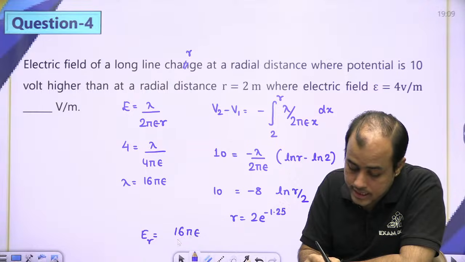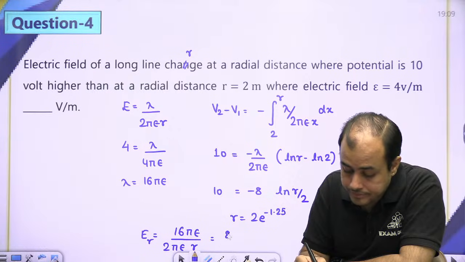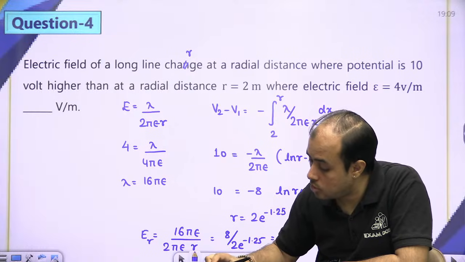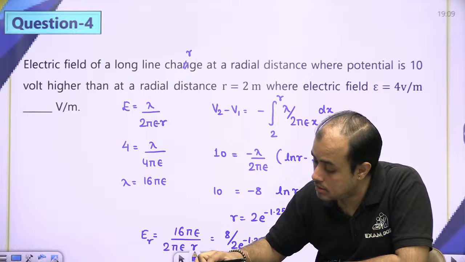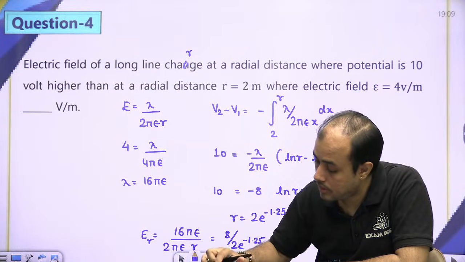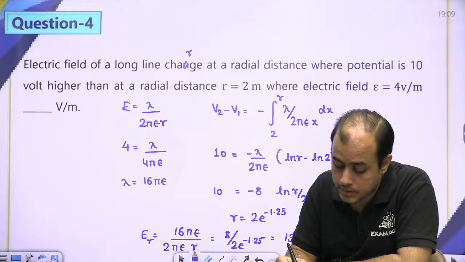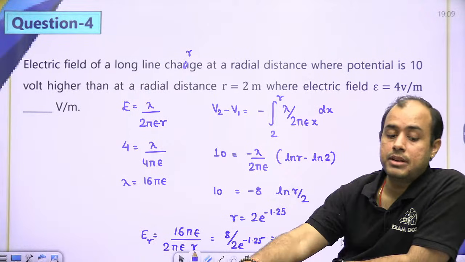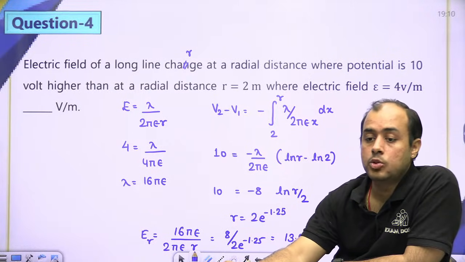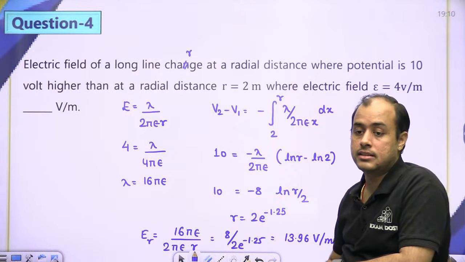Lambda by 2 pi epsilon R, 16 pi epsilon, four divided by e to the power minus 1.25, 13.96 वोल्ट पर मीटर। ओके, लॉजिक क्लियर हुआ? पहले मैंने लैम्डा निकाल लिया बेटा, then I used the integration for the potential difference. बहुत बढ़िया बेटा।